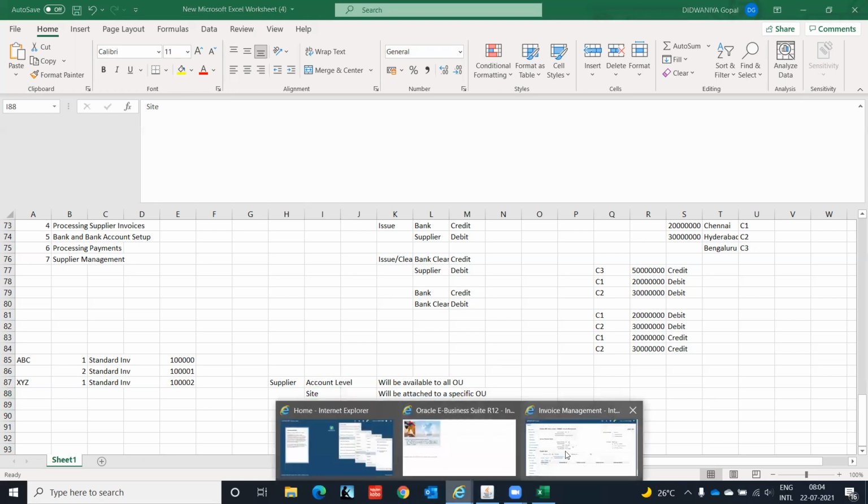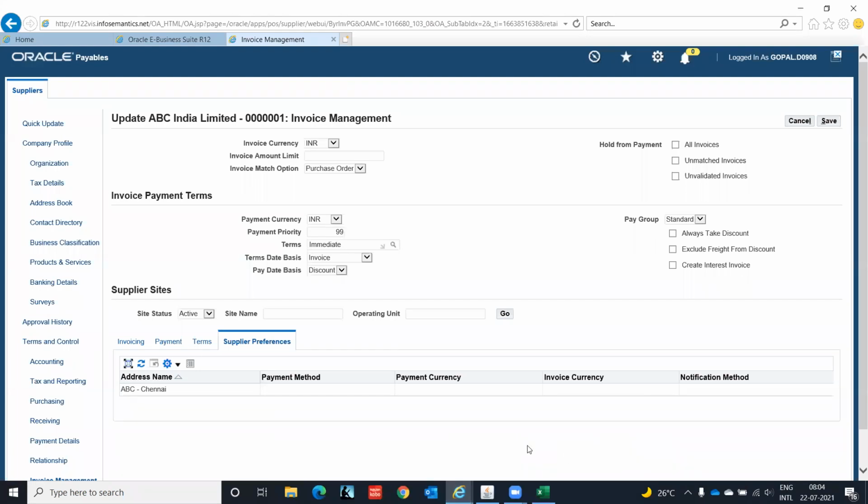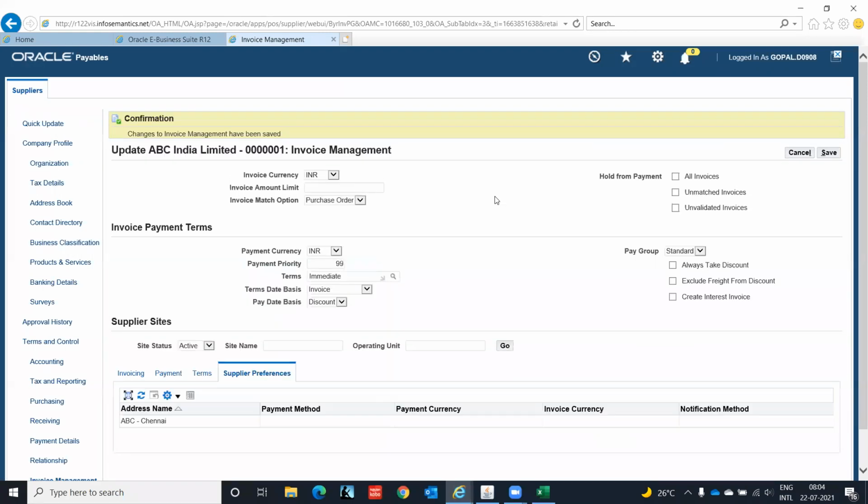So right now we have done the complete setup of our supplier. Okay. And with respect to the requirement of the customer, our clients who may come up with some specifications, etc. And when you transfer the data from legacy system to the Oracle system, all this activity comes under master data management. Okay, we have configurations, we have master data management, we have day-to-day transactions, we have reporting. Okay, like this it goes in the flow.